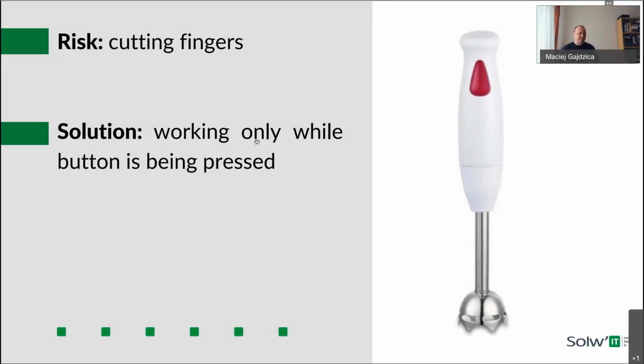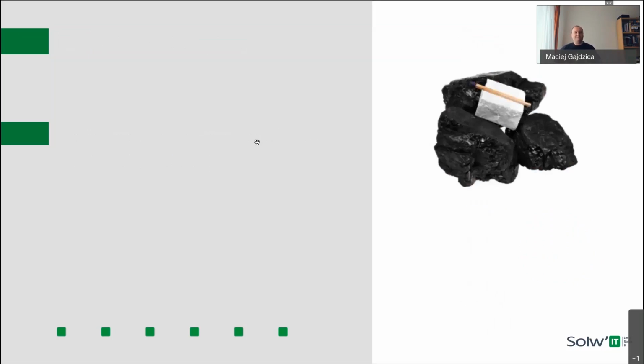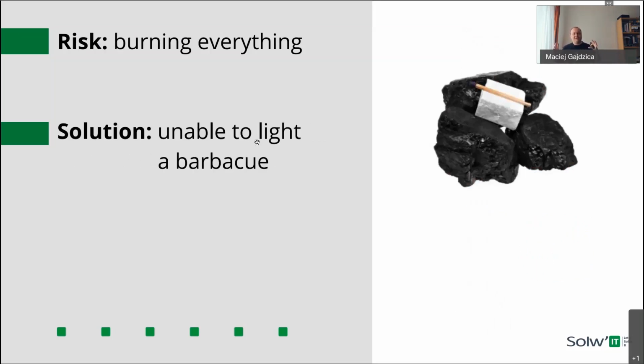Now take a look on another example. This is a fire starter for the barbecue. And here we also have a risk. We can burn everything down if fire gets out of control. And the solution here is to make it almost unable to start the barbecue, almost unable to light a fire. And this is example of bad design, because